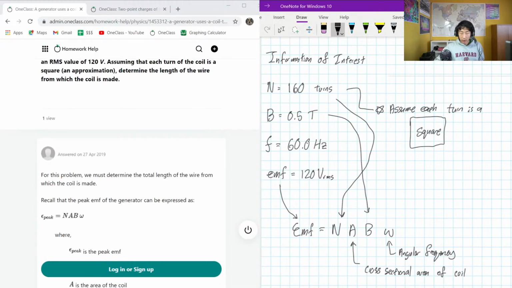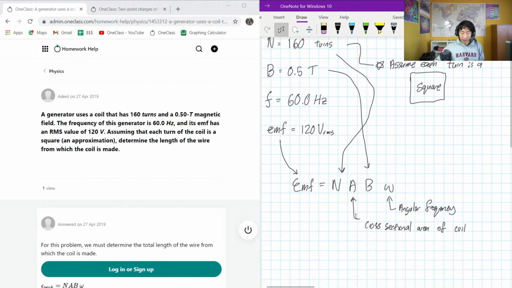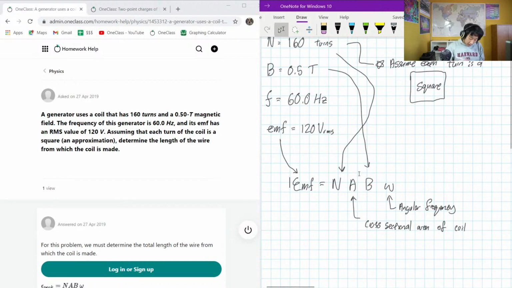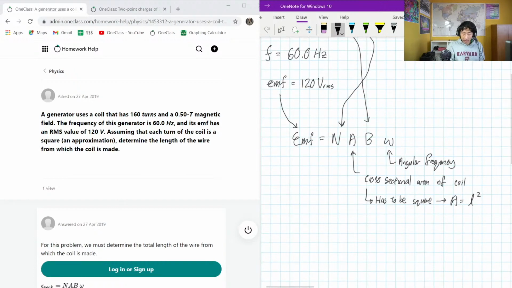But we don't really know the area, but we know that the area is going to be square, right? So the cross-sectional area of the coil has to be a square. Let's say area is equal to its side length squared. That makes perfect sense because we know that it's a square. That means all side lengths have to be the same. And the area of a square, length times height, even though they're the same, is just L squared. Okay, so we could rewrite this as,